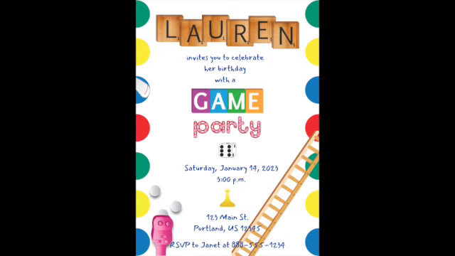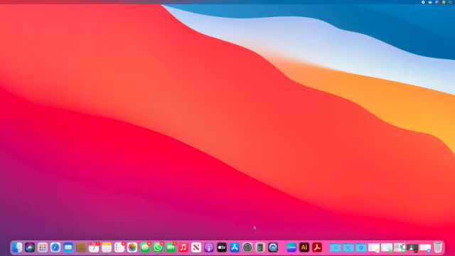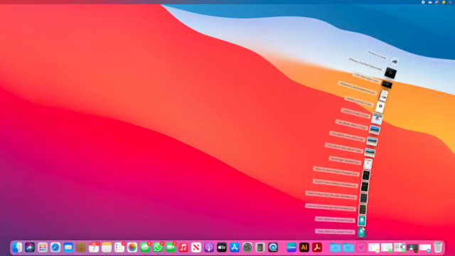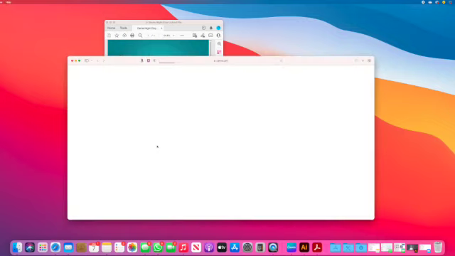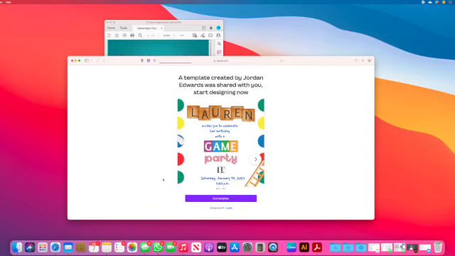So let's get started. Once you place your order, you'll receive an automatic file dropped into your Etsy. Go ahead and click the link on the bottom of the file. The page will open up, and Canva will ask you if you'd like to start designing your own file. So go ahead, open that up in Canva,